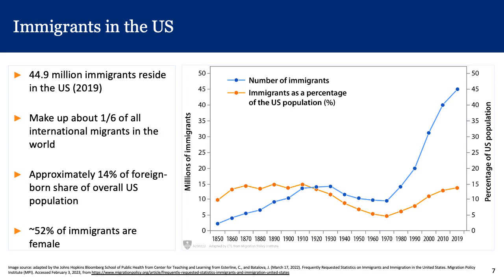So as of 2019, close to 45 million immigrants lived in the United States, more than double the 1990 number, representing nearly 14% of the country's total population, the highest share since 1910. These close to 45 million immigrants make up about 1/6 of all international migrants in the world. As shown by the bottom line on this figure, while the 14% foreign-born share of the overall U.S. population is near the previous U.S. peaks of 14.8% in 1890 and 14.7% in 1910, it still falls below many countries. It is reported that a little over half of all immigrants in the United States are female.